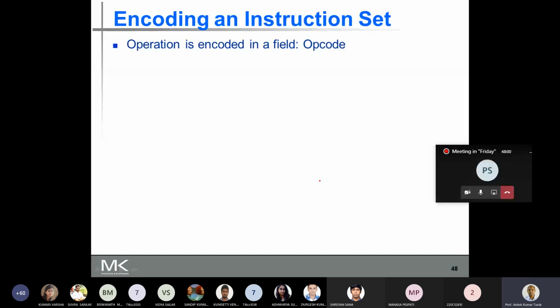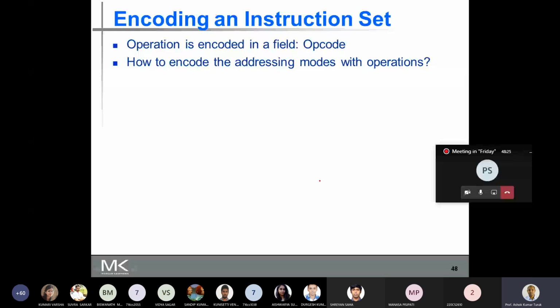All operations are encoded into a field we call the operation field or the opcode field. And once we have an opcode field, we can broadly classify the instructions into two fields: the operation field and the operand field.